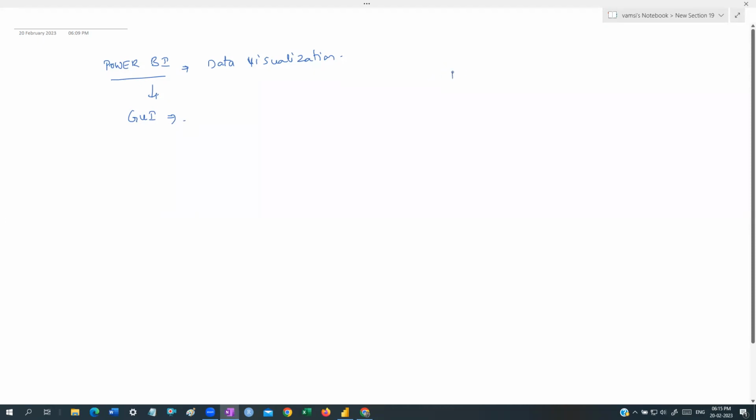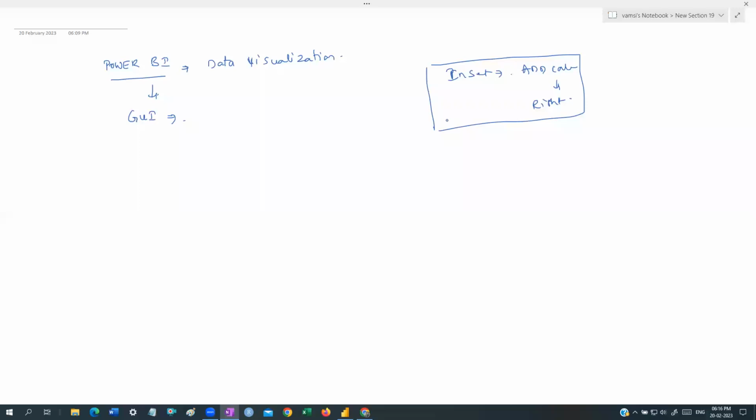Go to the file menu or the insert menu, click on add column, select this option, right click on this. This kind of navigation will be there. We learn only the navigations. GUI based options are like that only, guys. With scripting, if you're writing code, it is different, and we can share the code. Here, nothing like that will be there. It is only the navigational part. So how do you get practice on that? How do you understand that? How do you remember that? Only by practice. Only by practice.